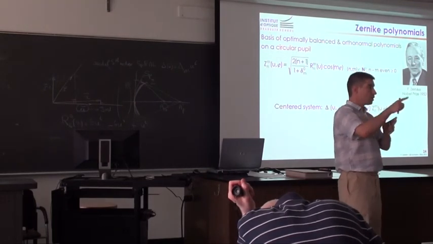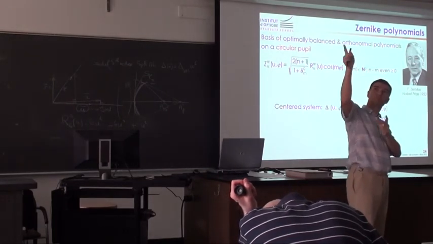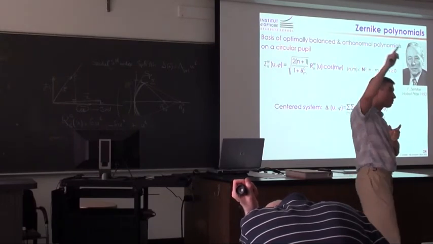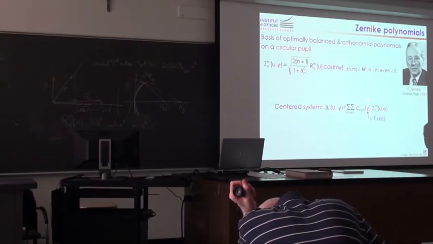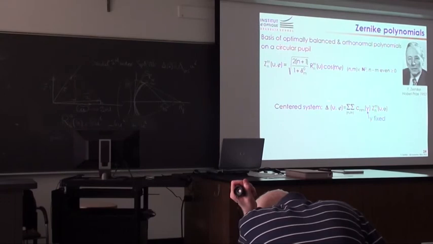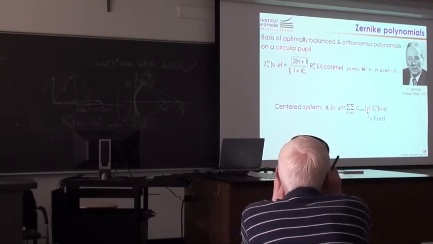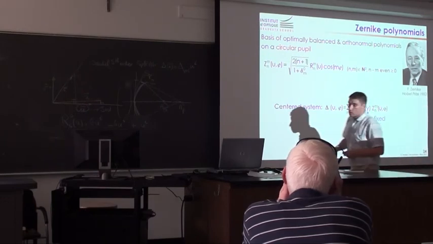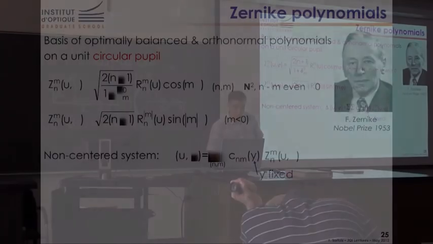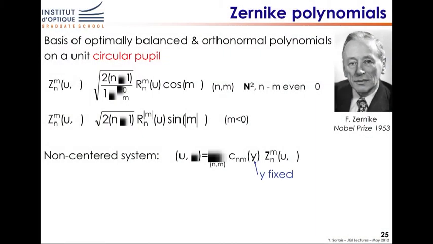And so the positions of the stars are known and fixed, so the object is fixed. And so it's hidden inside here. So he gives a decomposition of the wave aberration only versus the aperture variables, u and phi. Okay, for a non-centered system, he says, well, the polynomials I introduced before